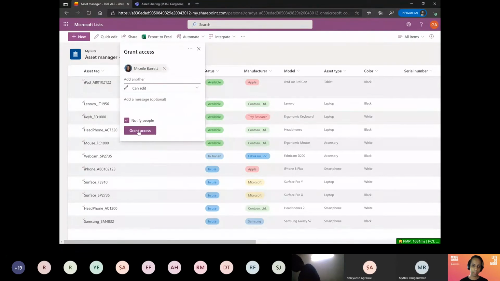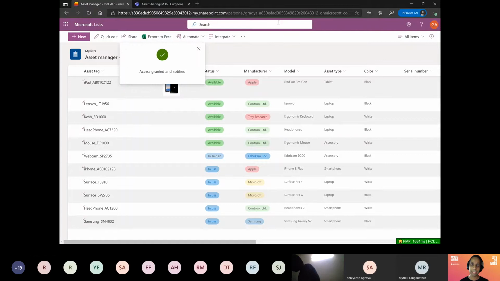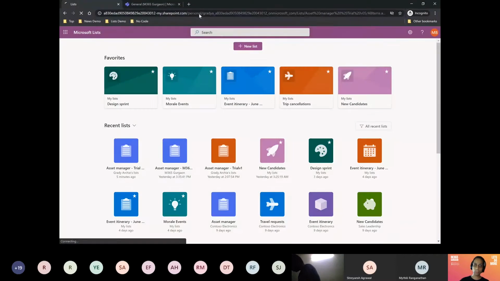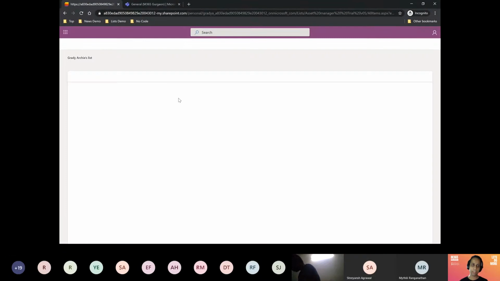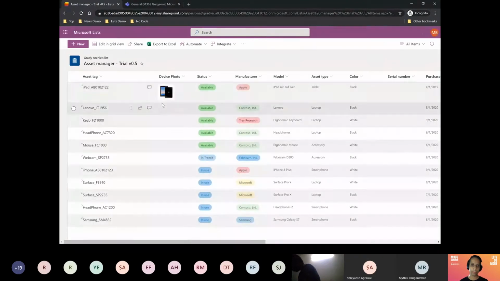So there is sharing, and there's a notify option available. Imagine this: when I grant access, it would send an email link to Mikhail that this link has been shared with her. Once Mikhail sees it in her view, she will click that link from her Outlook and she will get access to this particular list, right?